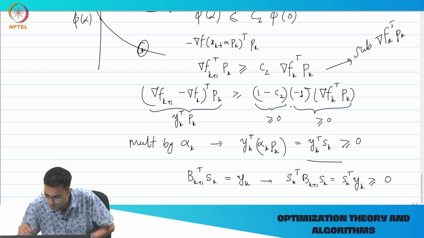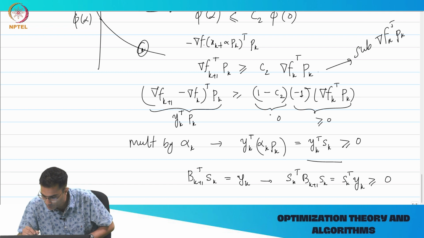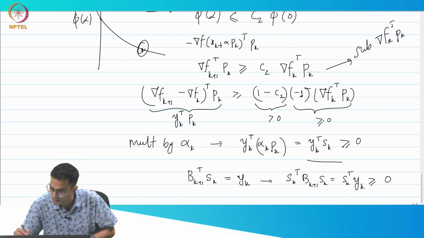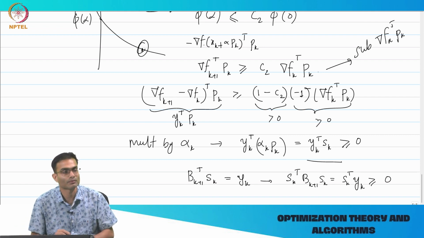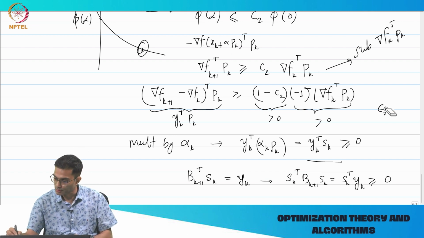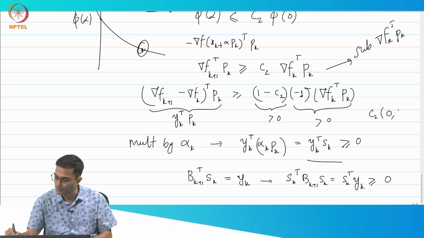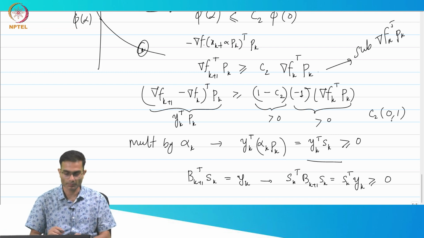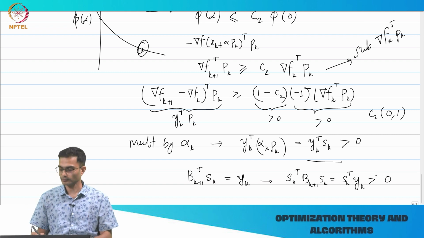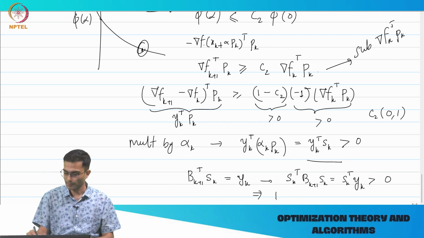It's a legitimate descent direction. Therefore, they are all strictly greater than, because C2 was in the open interval 0 to 1. So this term cannot be 0. So it's not greater than or equal to, it's greater than. Okay. So this implies that bk plus 1 is